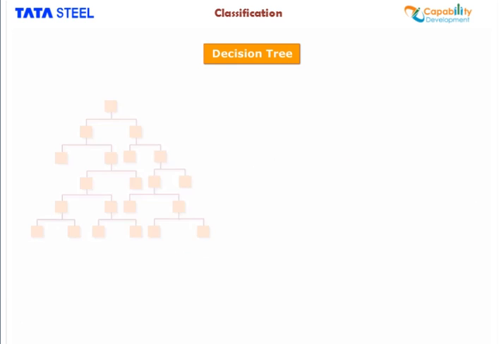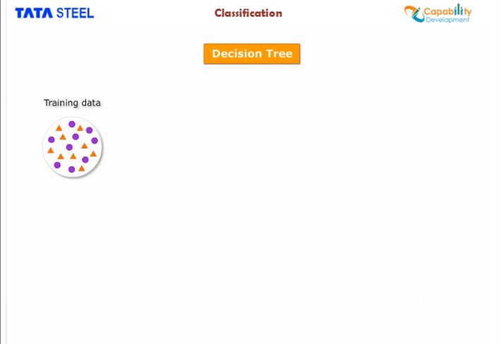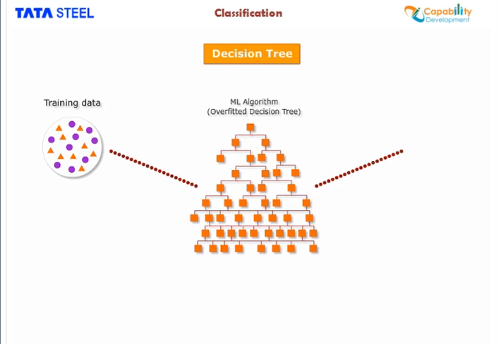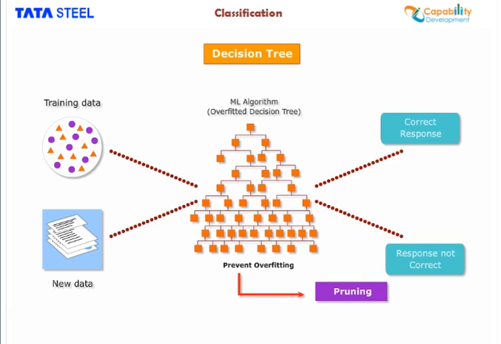What is overfitting? Overfitting occurs when a model tries to memorize the training data instead of generalizing the relationship between the input and output variables. Overfitting often performs very well on the training data set but performs poorly on any new data. As mentioned, if overfitting occurs in a decision tree, the model thus developed is not only difficult to interpret, but it also proves to be a useless model for unseen data. In order to prevent overfitting, you may need to restrict the tree growth or reduce it using a process called pruning.